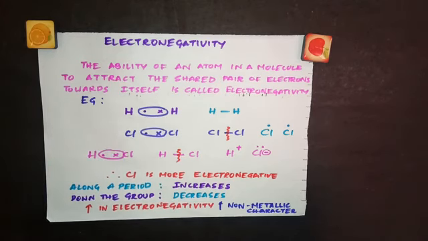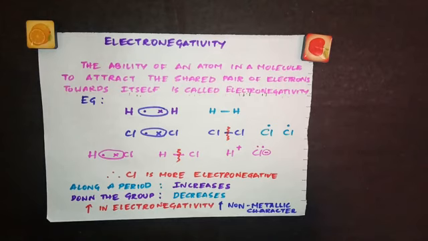When we learned about ionization enthalpy and electron gain enthalpy, both of them were measurable quantities. We expressed them in kilojoule per mole. But electronegativity is not a measurable quantity. But we have a number of numerical scales of electronegativity of elements, like the Pauling scale, Mulliken-Jaffe scale, and Allred-Rochow scale. All these have been developed to express the electronegativity of the elements. Of all these scales, the Pauling scale is widely used.